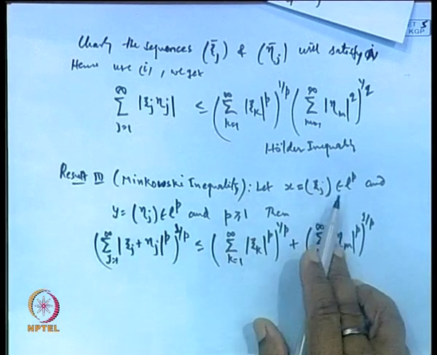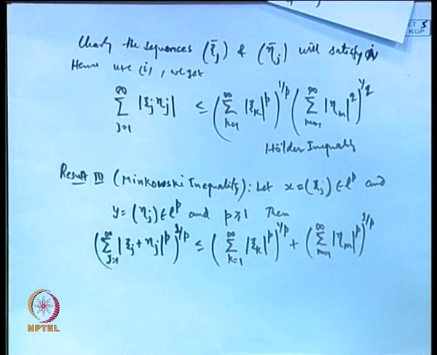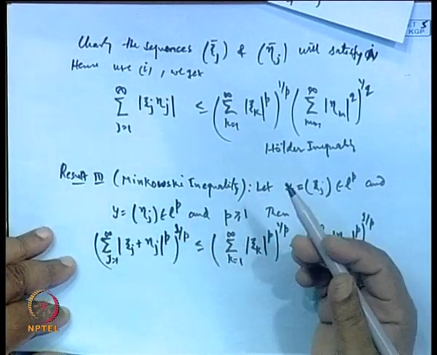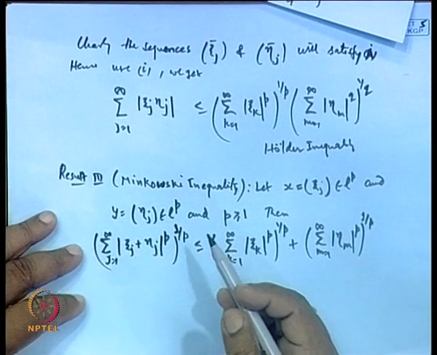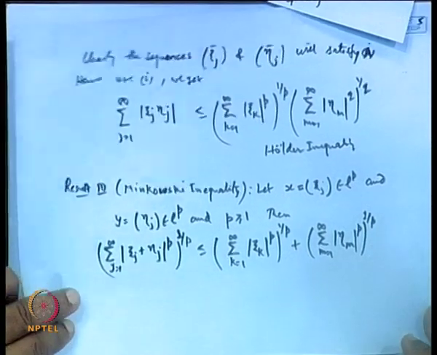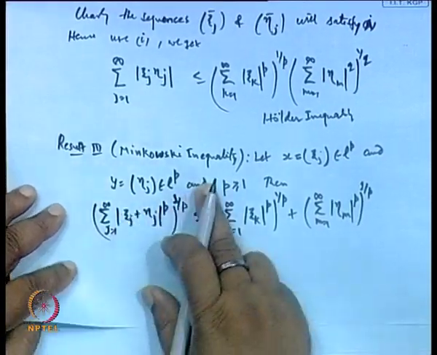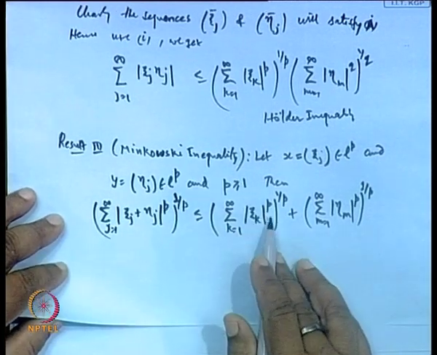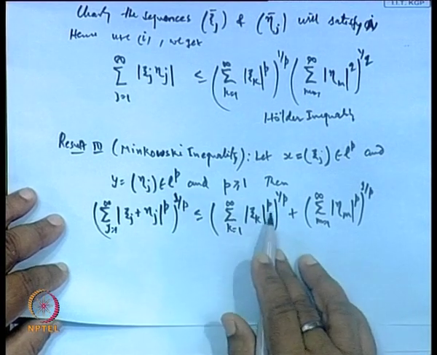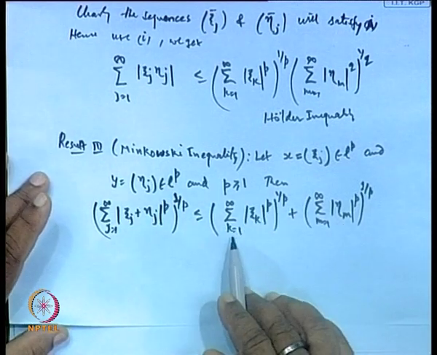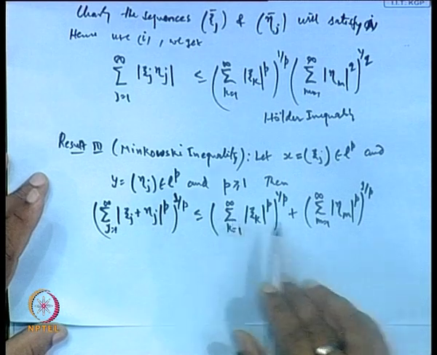So, if x is in l^p, y is in l^p, then the addition of the two sequences x plus y will be in l^p. Hence, as a result, we can say that l^p is a linear space, meaning alpha times x will also be in l^p if alpha is finite. So, it becomes a linear space, and that is also a justification from this one thing. Second part is that here we again take k is 1 to infinity, m is 1 to infinity, as I told you earlier, that we are free to choose the terms in any fashion, still the sum will remain the same. So, that is why there is no loss of generality even if I take k equal 1 to infinity or j is 1 to infinity like this.